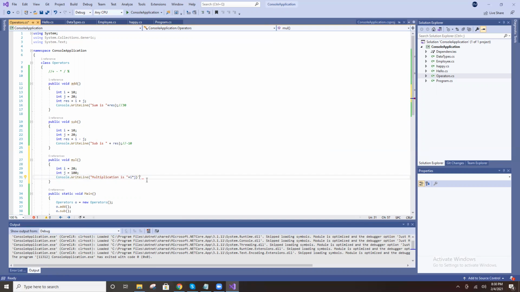See here, in the above I declared one more third variable, assigned that value and printed that value, right? But here I am directly printing. Now what is the i value? 20 into 100, right? 2000. It will print, right?